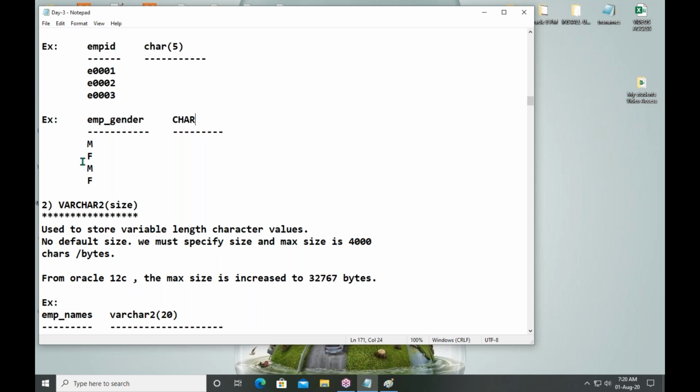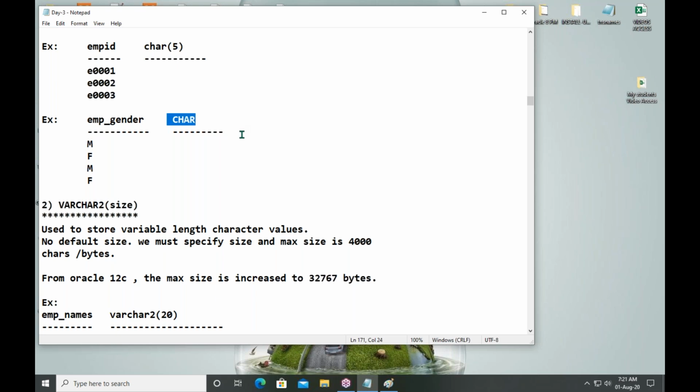Default size is 1 character. So for every employee, you can enter a gender value as 1 character: M for male, F for female. In case you want to maintain MALE for males and FEMALE for females, meaning the complete gender name, then use varchar2 of 10.